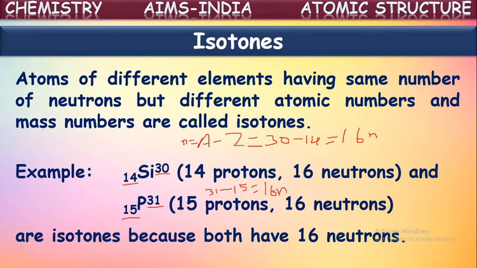So like this, atoms which have different mass numbers and different atomic numbers, but the same number of neutrons, are called isotones. Atoms with the same number of neutrons but different atomic numbers and mass numbers are called isotones. Next,